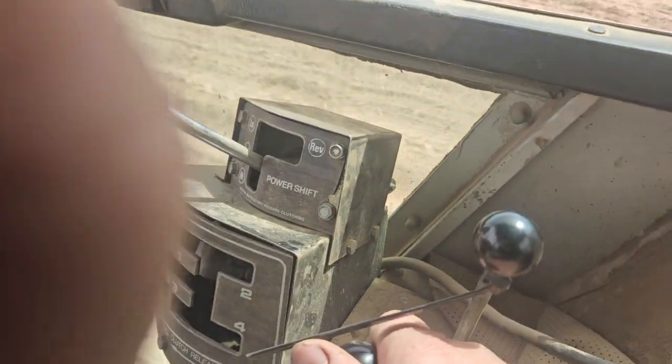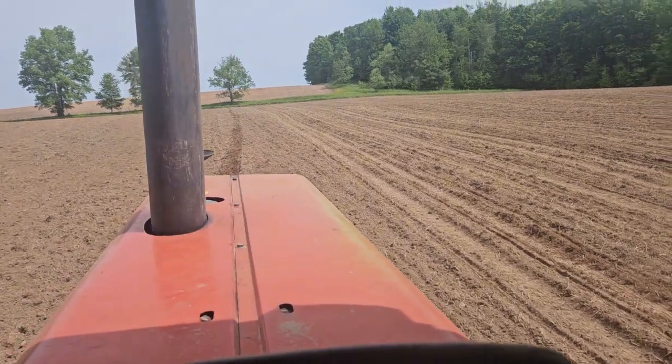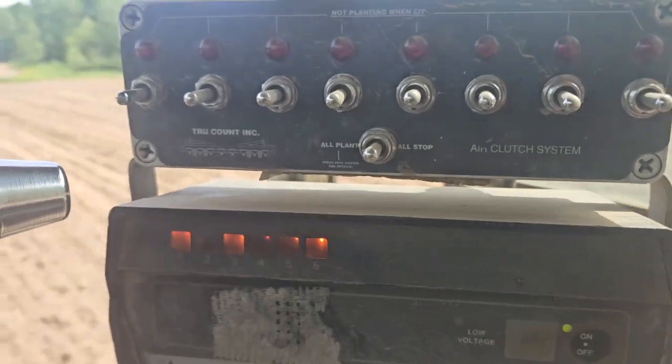So once again, I have 2 marker arms, lights on,